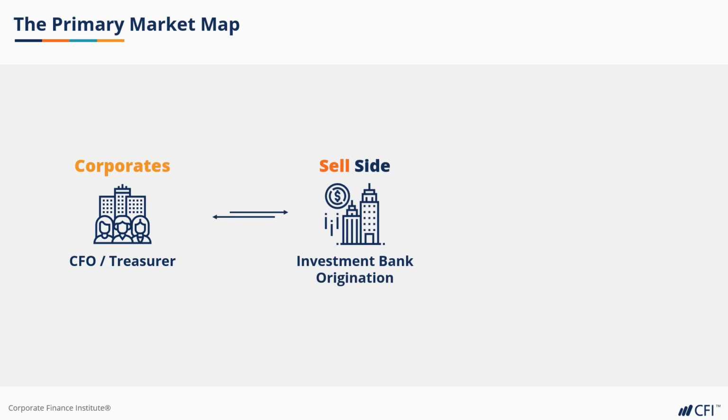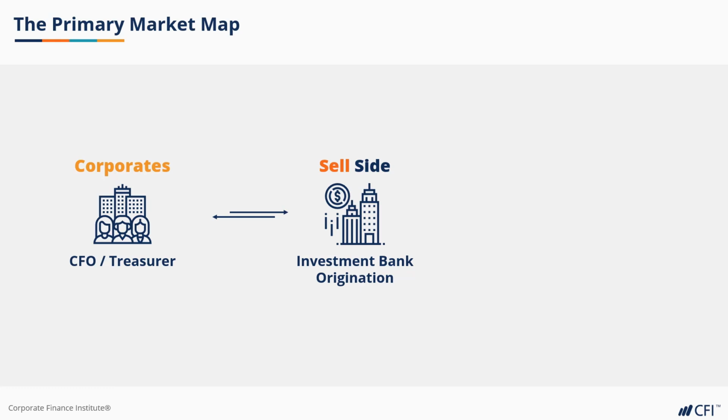Let's take a visual learning approach and draw out the set of interactions that defines primary markets. First, in theory, the process is initiated by a corporation that needs large amounts of capital for general corporate purposes. In practice, however, investment banks are constantly maintaining their line of communication with corporations, being proactive and not reactive, pitching financing ideas so that they can get ahead of their competition.